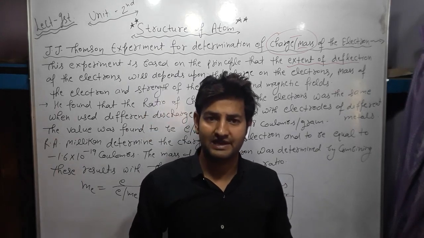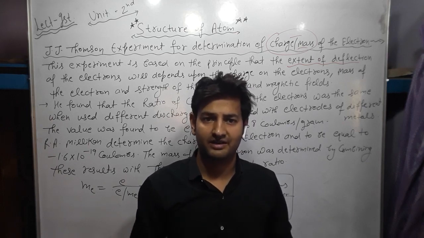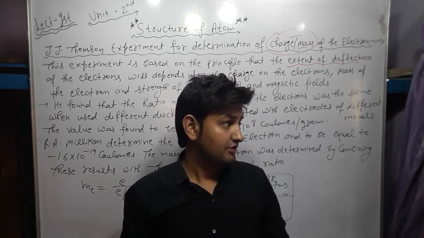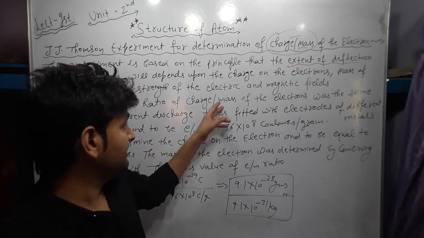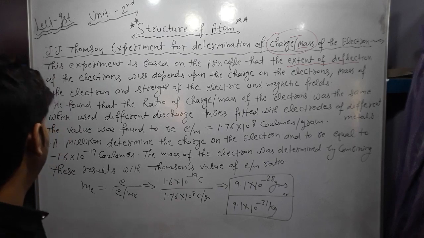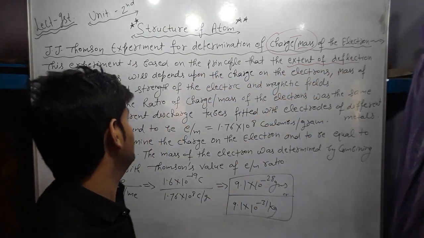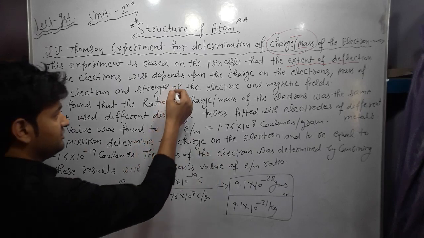When we apply only an electric field, the deflection is sideways, and when we apply a magnetic field, it is in a different way. When we apply both electric and magnetic fields perpendicular to each other, what is the result? So this experiment is based on the principle that the extent of deflection will depend upon किस चीज के ऊपर,